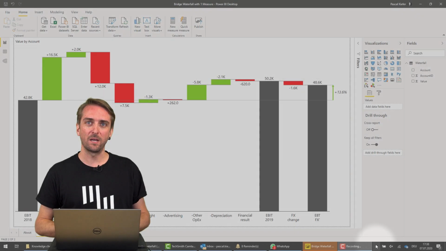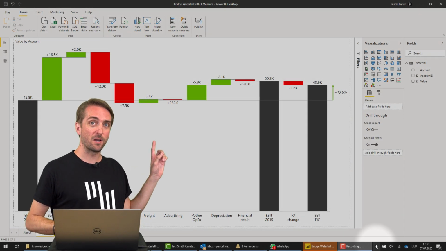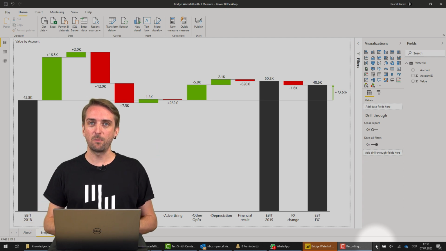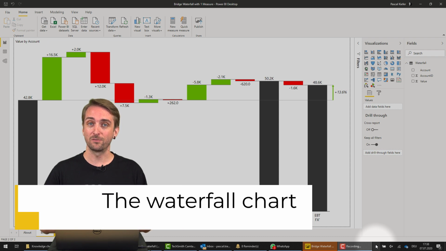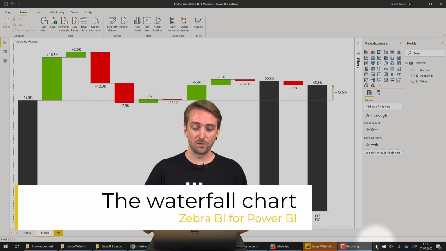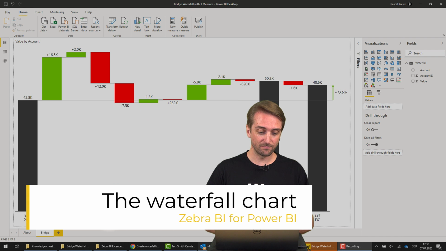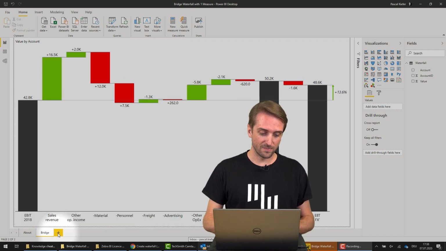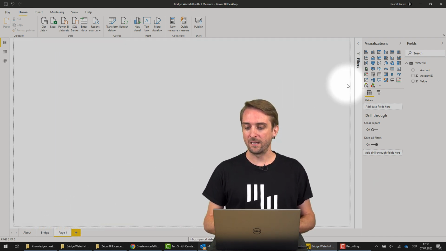Have you ever wanted to create something like this in Power BI? With the Zero BI custom visuals, this is actually quite easy, and today I'm going to show you how you can create this. So let me first create a brand new page to start from scratch. So add a new page, and then I add the Zero BI charts visual,